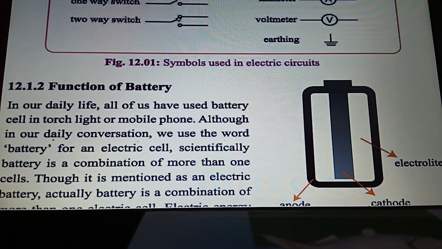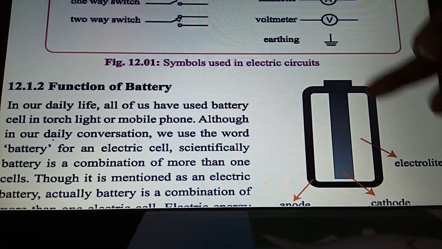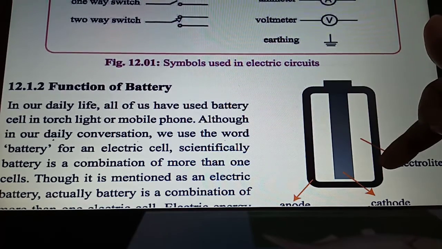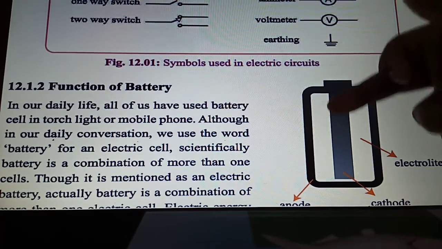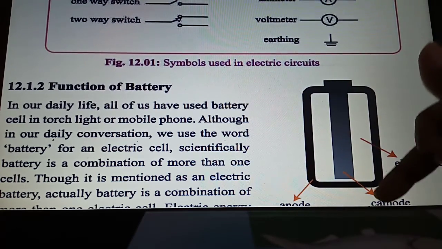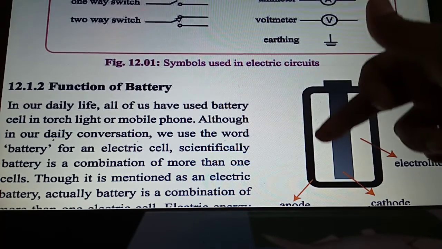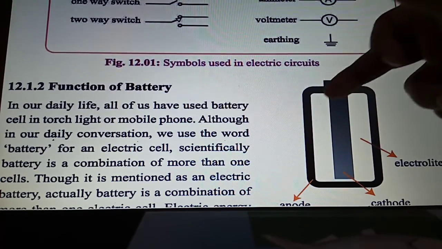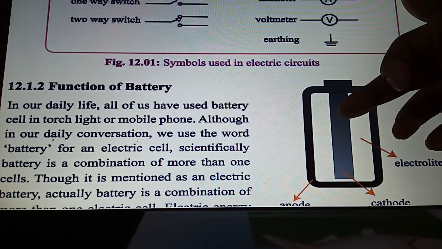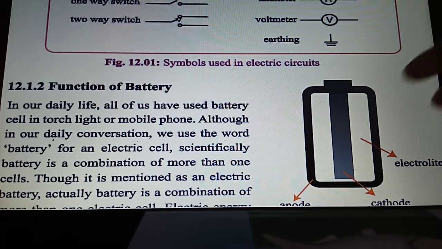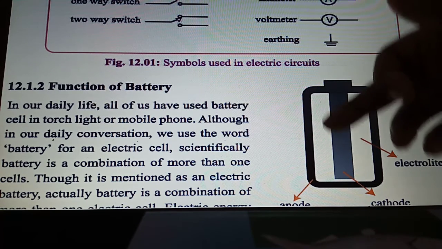The source of electricity, electric current, is battery. What is the function of a battery? Let us see here. It's a battery, its body is acting as anode, and there is a graphite rod inside the battery, that is cathode, and there are some chemicals, and these are known as electrolyte. Among the reactions between this anode, cathode, and electrolyte, electron starts flowing from cathode to anode, and